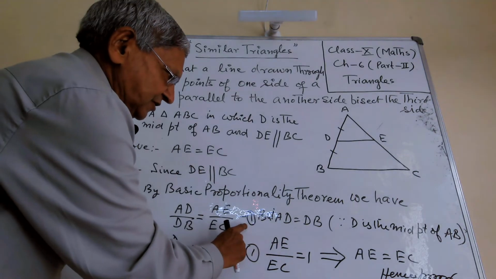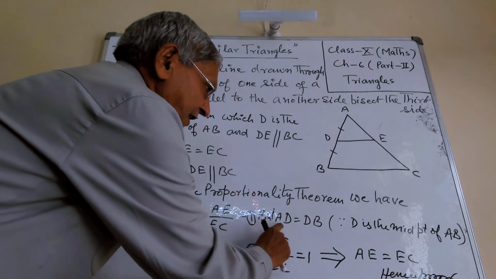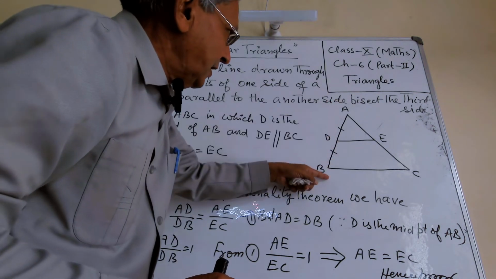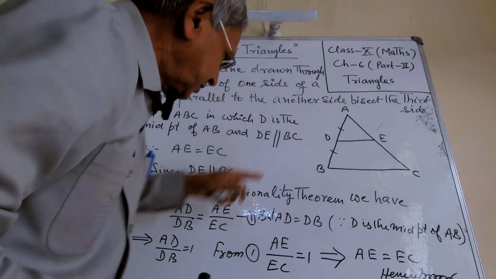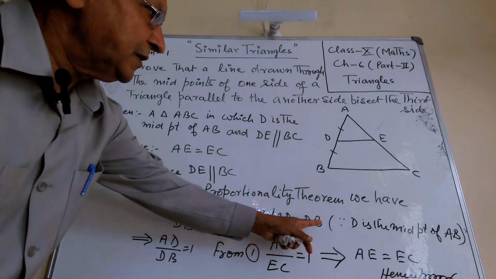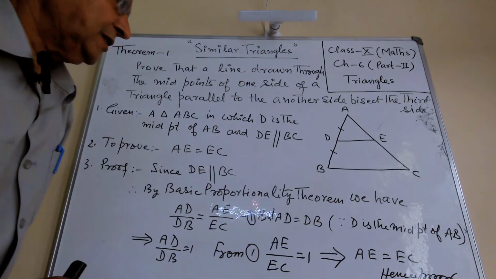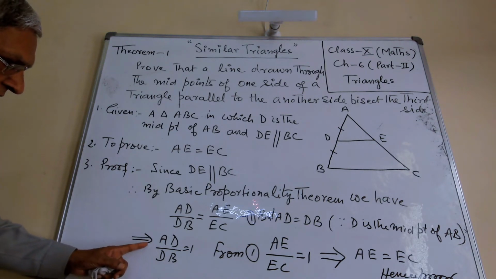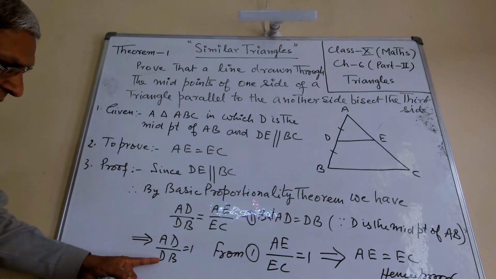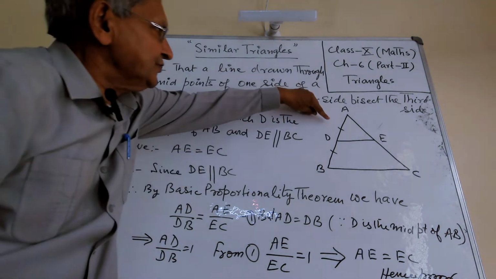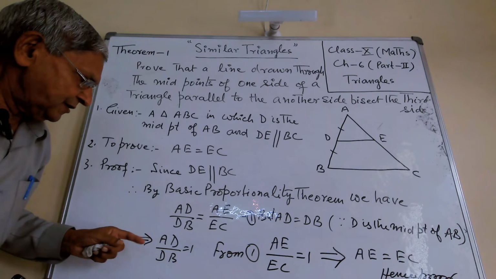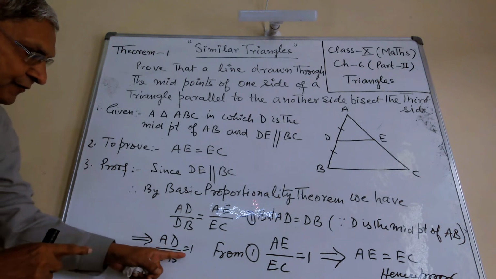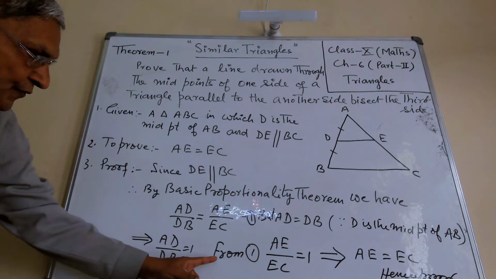This is the first result. Now, but AD is equal to DB. Here you see D is the midpoint of AB, therefore AD is equal to DB. When D is the midpoint of AB, then we can write AD upon DB is equal to 1, because these two portions are equal. When we divide AD by DB, we will get 1. So from first,